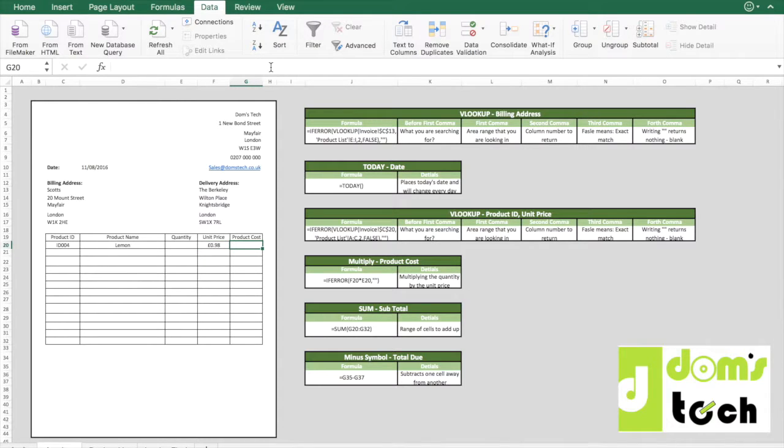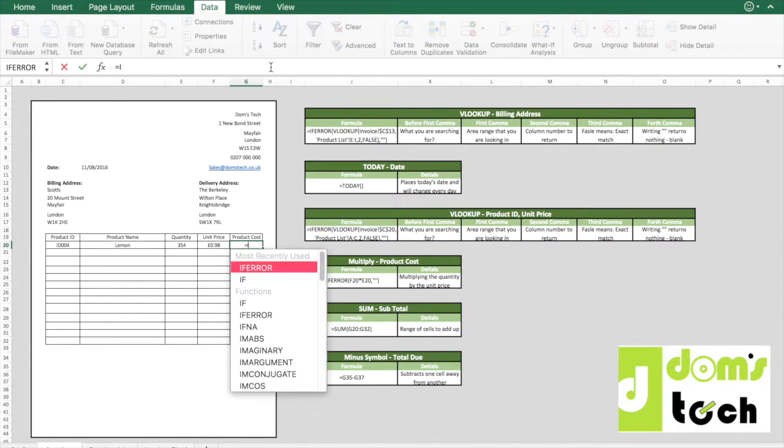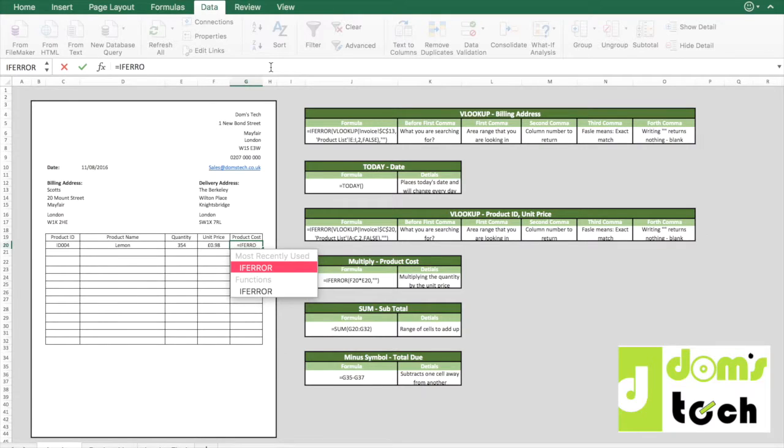So with the product costs, what we want that to do is to multiply the unit by the quantity. With the quantity, we can just put in whatever we want there. So it's nice and easy. So if a restaurant buys 354 lemons, it'll multiply the unit price and come up correctly. So for the product costs, again, an if error. And what we're doing is multiplying the unit price by the quantity. So click on unit price, click on the little star, which is Shift and F8, that means multiply, and then click on quantity, close the bracket,